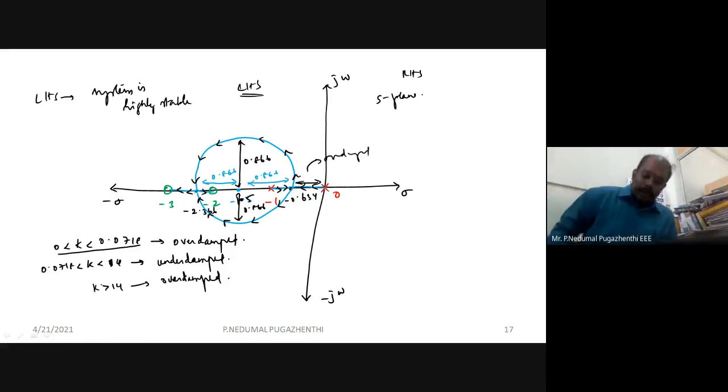So for your internal examinations, you will have controllability and observability from your 5th unit and your 2nd unit completely. From tomorrow, we will be discussing our next unit. We may move towards the 3rd unit, frequency response analysis. Already you know that your mode of examination is going to be conventional.